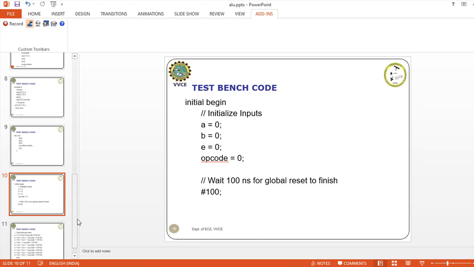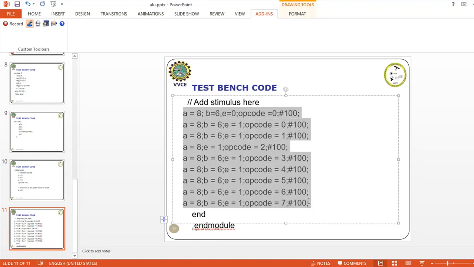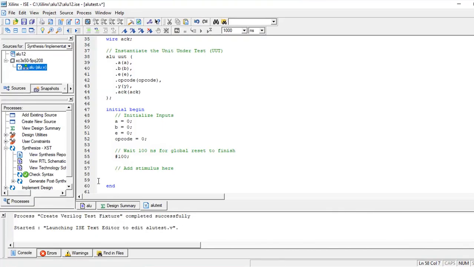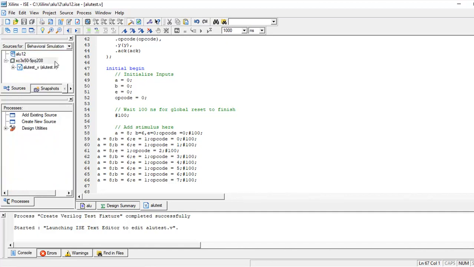And now we have to give a combination of inputs. I am copying all the possible input combinations. Then I will paste them in the stimulus block. After this, press save. To observe the result, change the sources from synthesis implementation to behavioral simulation.